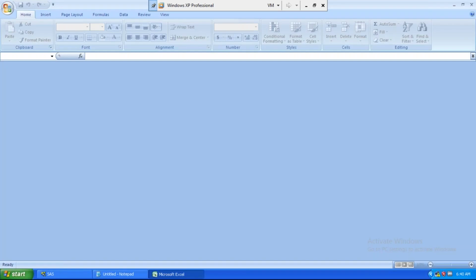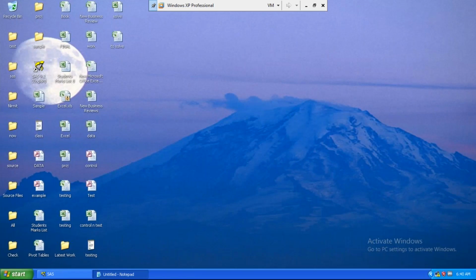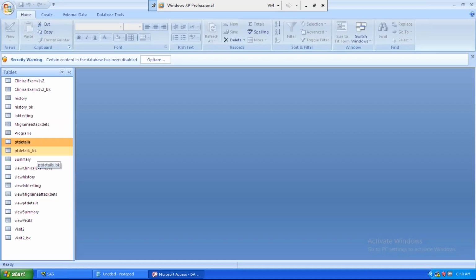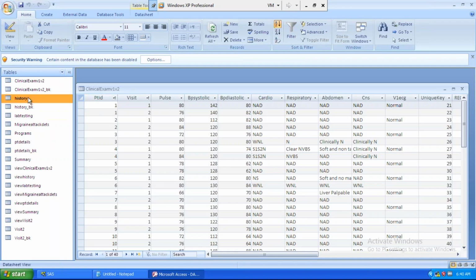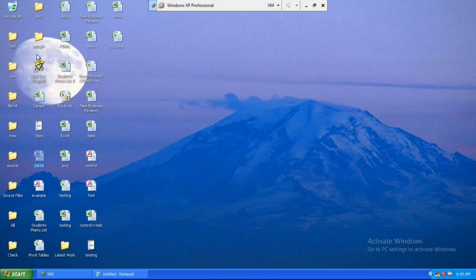We know that in Excel we used to have different sheets, and in a sheet we used to have the data. This is the second example. And here we have Access. It's a database which has different tables in it. So this is the third example. I will take these three as the examples to explain